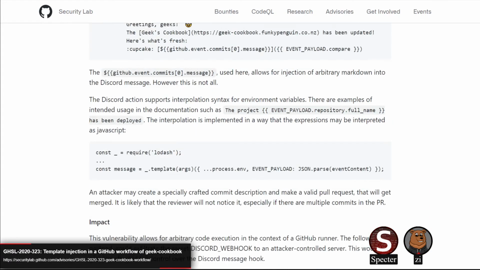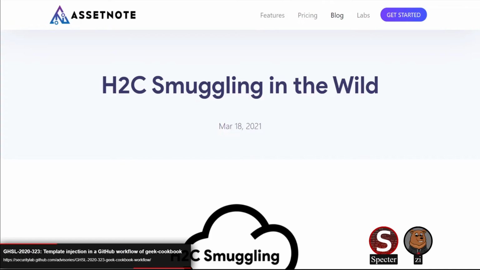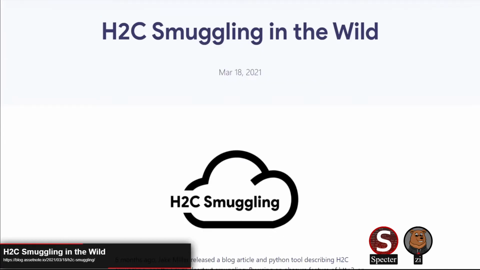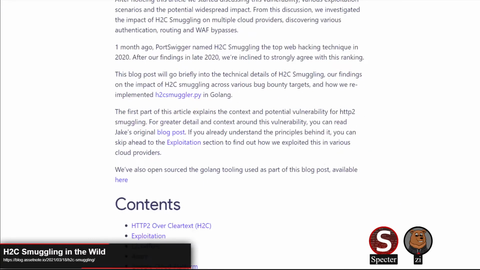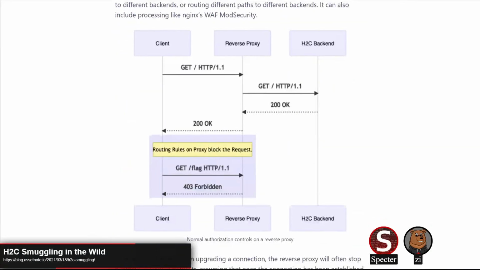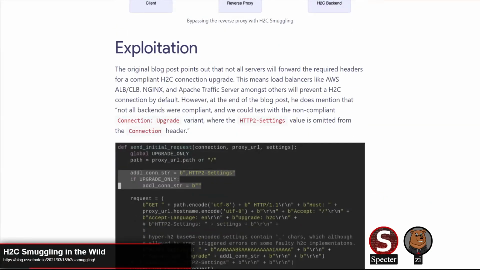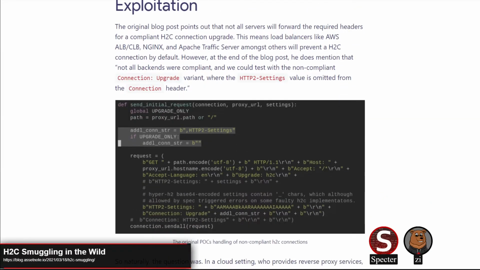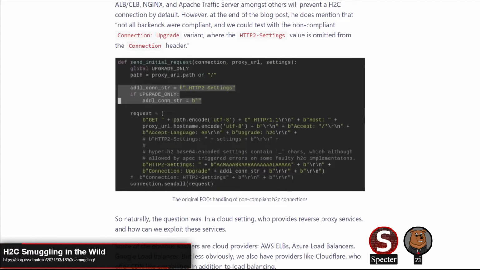Yeah. So we'll get into our next post, which is about HTTP2 over clear text, or H2C smuggling, from Asset Note. It starts off by detailing what HTTP2 is compared to HTTP, which most people are familiar with. Basically, where HTTP connections are ephemeral, HTTP2 connections are persistent, and they allow continuous communication. Z, have we talked about HTTP2 on the podcast before?